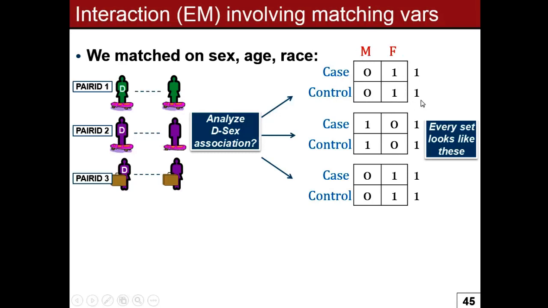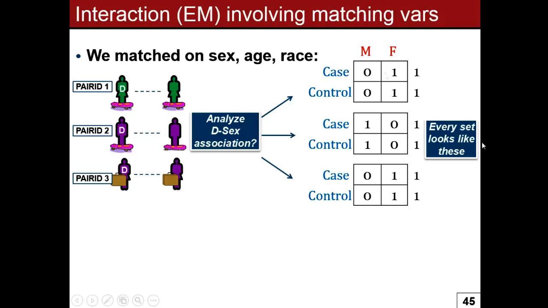The case is female, the control is female. Here we have males. The males, the case and the control are both males, and so forth. So we cannot look at the association between sex and case status, right? This is part of what I was saying. You can't actually estimate stuff based on the factors you matched on. We matched on sex, and now we cannot look at the association between case and sex because look, these are